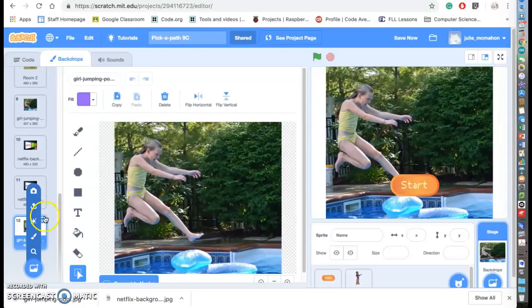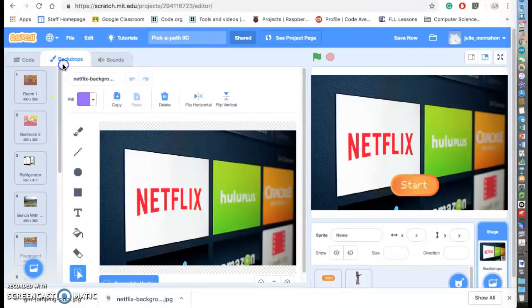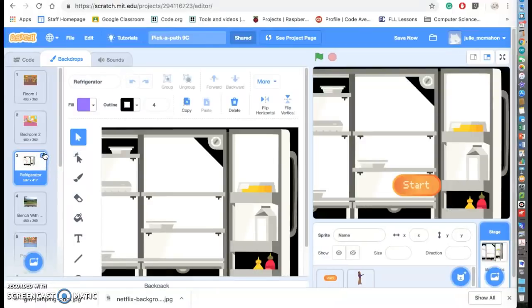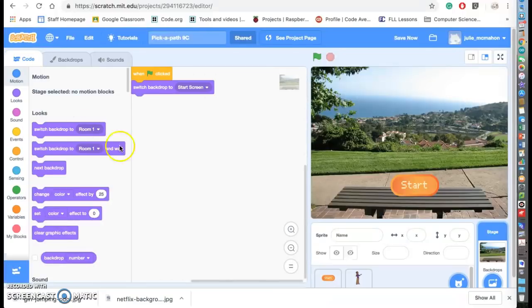I have a few now, so I'm just going to get rid of the extra ones because I previously had this ready. Again, remember, make sure that your backdrops are named appropriately, because when we program them, you need to know which backdrop you're switching to. So backdrop 1, backdrop 2, that's not very helpful. I'm actually going to get rid of my refrigerator one. I'm not using it in this pick a path. Okay, so now we'll go back to code,